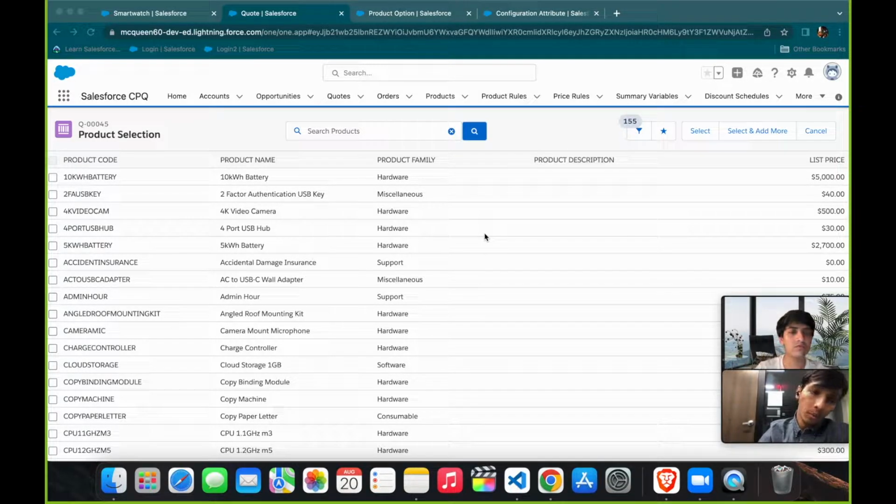We'll go to product option, we'll create a field there, and then the field that we create on the product option, we're going to pull that field into the configuration attributes target field, and then this target field, we'll attach it to the configuration attribute related list of our smartwatch product, right? So we'll get started and we'll start by creating the field on the product option object,